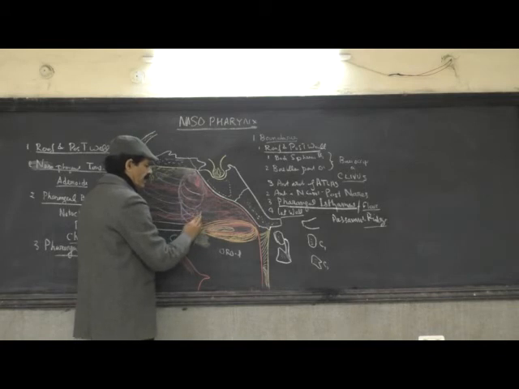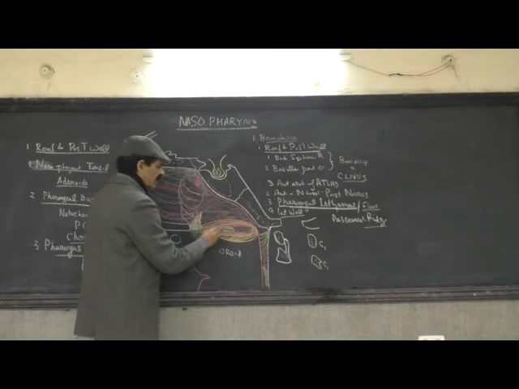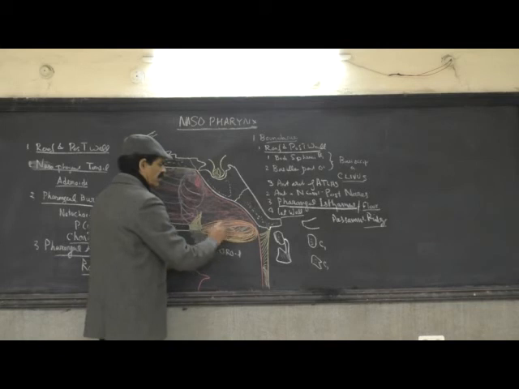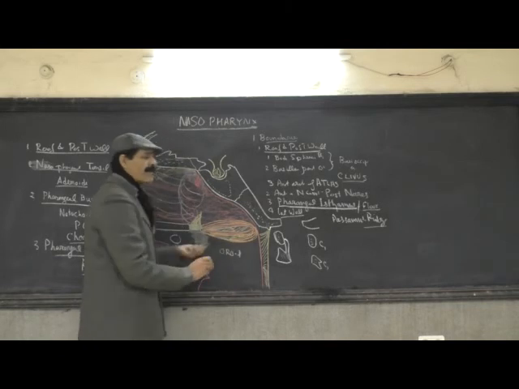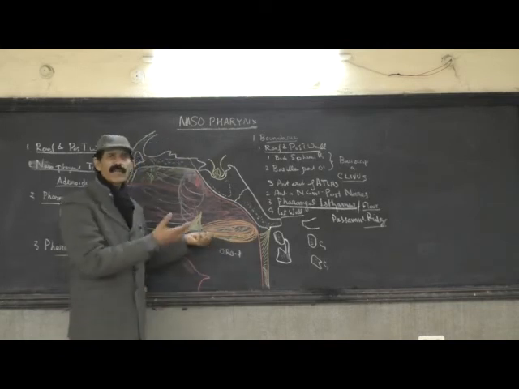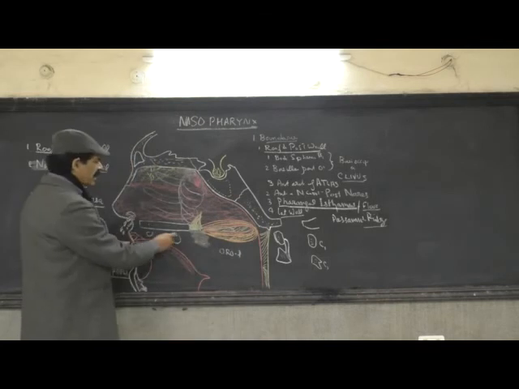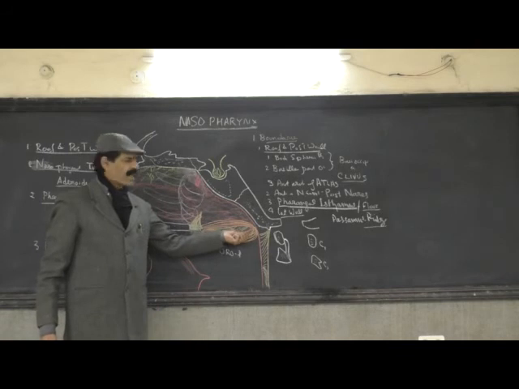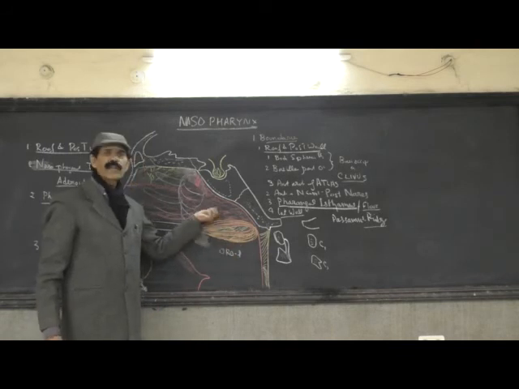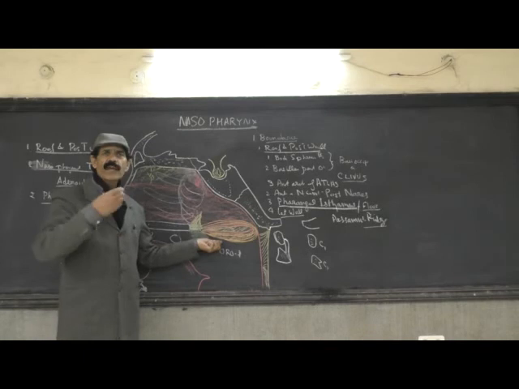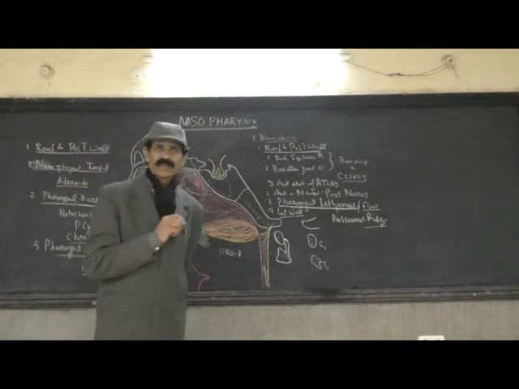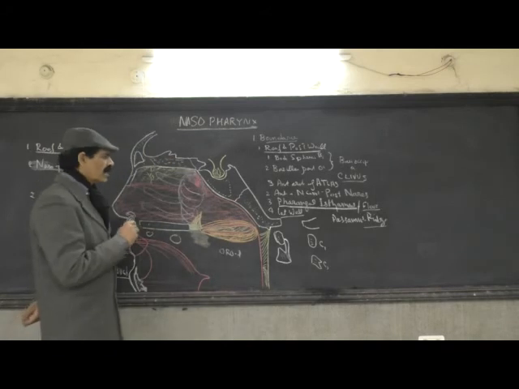So anteriorly the tensor palati, levator palati and musculus uvulae will close the pharyngeal isthmus along with the contraction of the palatopharyngeus muscle. That is the mechanism occurring whenever we start taking food. This area is shut off and no food can enter into the nasopharynx while we are chewing the food. This mechanism is because of the Passavant ridge. So that is how we understand